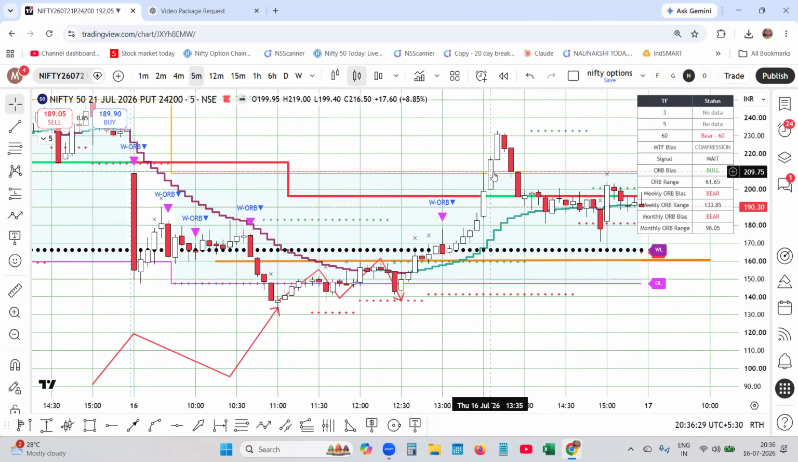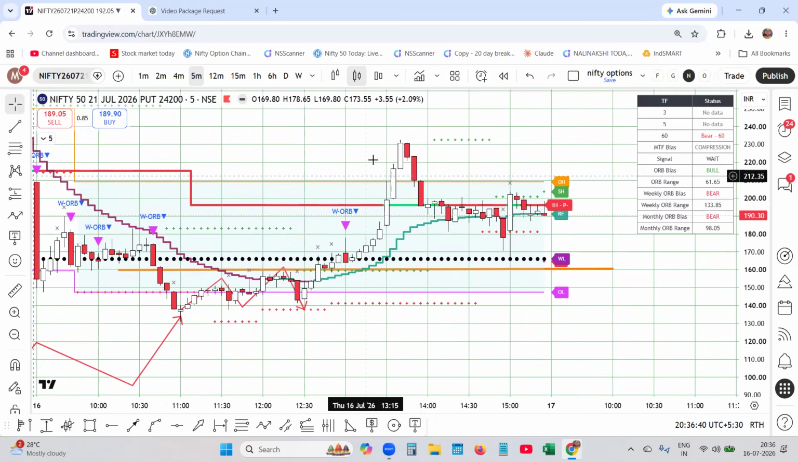This was the open range high. It made a high of 230. From here, it started climbing above the weekly low and it started moving higher. See here, the internal range filter turning into green. That means the trend is turning green. Market structure is supporting higher highs. So that's how you can trade the market with the